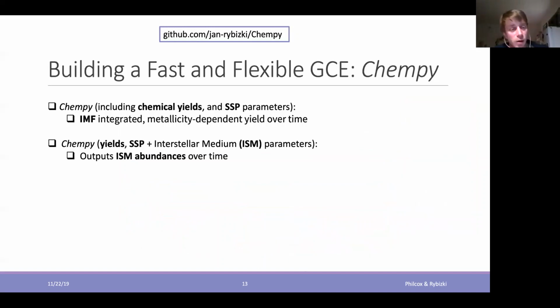So Chempy now takes these integrated yield tables, the simple stellar population parameters and the ISM parameters, and outputs ISM abundances over time. So really, what we think of as Chempy is a black box. You put in yield tables and some parameters, and you get out the ISM abundances over time for a one-zone model. And usually, I don't even look inside this thing, but just to make it more graphic, this is how